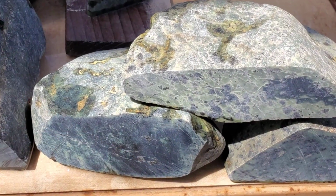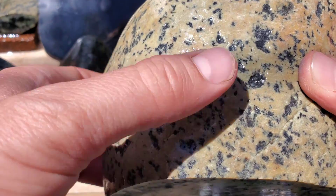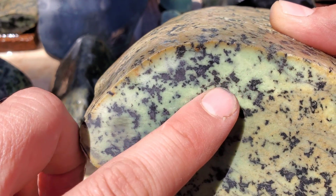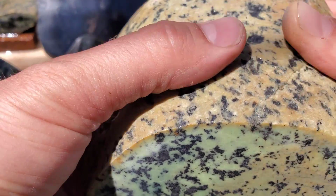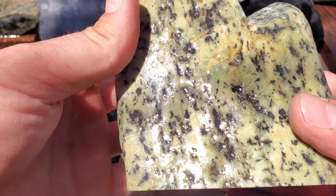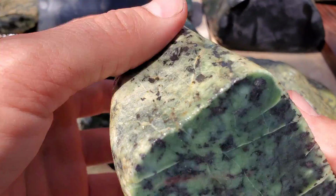Let's take a closer look at some of the stuff we just cut up. This one had a more weathered look on the outside, and when I cut it open you can see that it's still a really light colored green, and none of the pieces are translucent. But if you look at this piece right here, this one is pretty much the best piece I was able to find, and